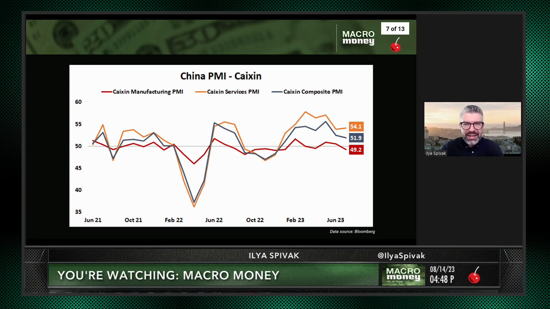So what this tells us is that of the three key areas that drive growth, the three engines that power the global economy, the Eurozone seemingly in trouble, China seemingly in trouble. That leaves the US. This is where we're likely to see important news flow shape the narrative this week. Not only because this is the sort of last bastion of defense against the global recession, but also because it informs the actions of the Fed.